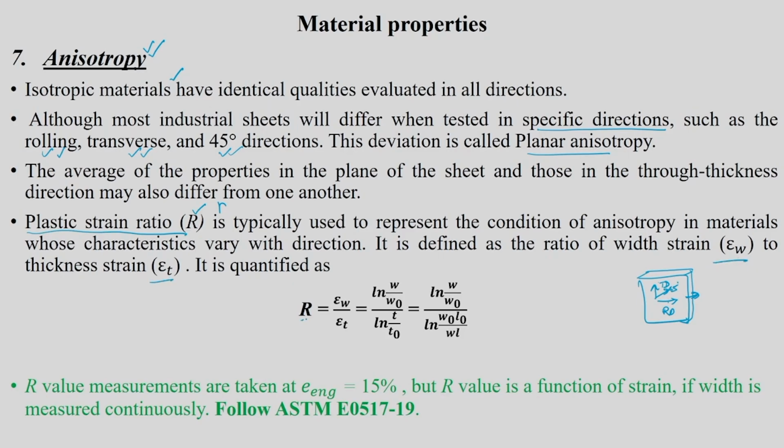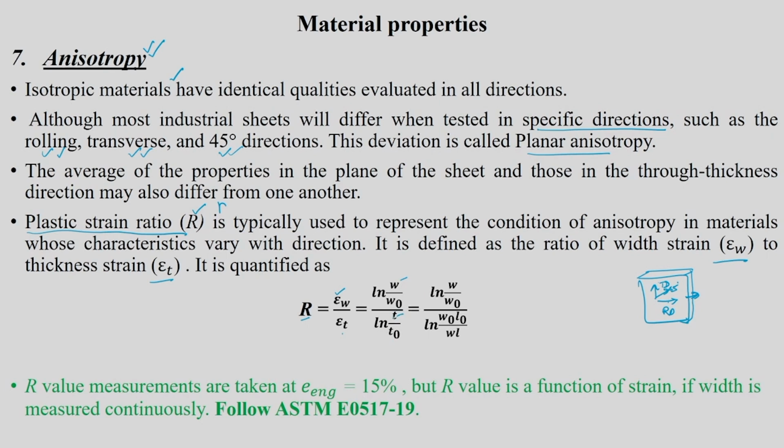Okay, R is nothing but epsilon W by epsilon T. As we said in the previous slide, epsilon means true strain, so its width strain, which is a true quantity, divided by thickness strain. To calculate this, true strain is nothing but ln of W by W naught, where W is the instantaneous width, and for thickness, ln of T by T naught, which is nothing but